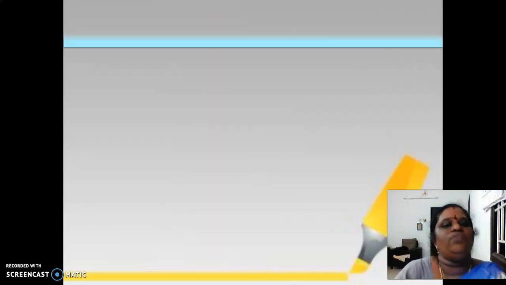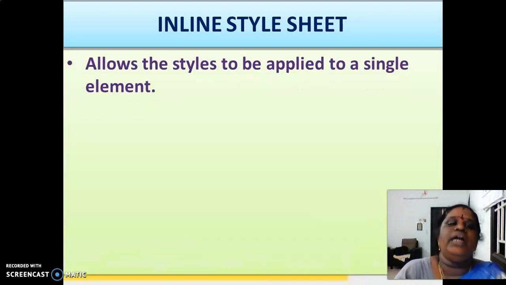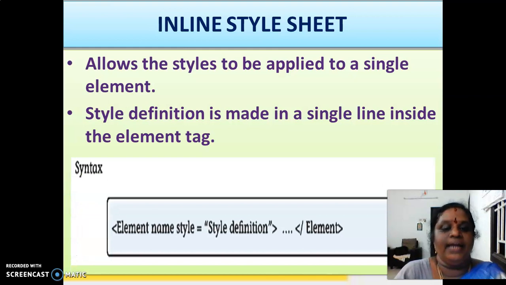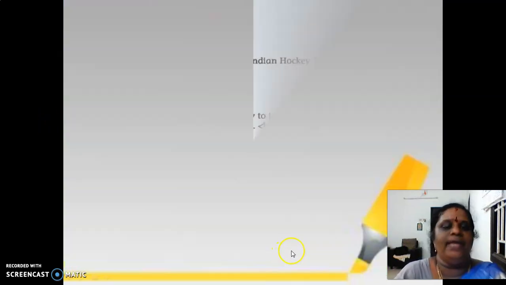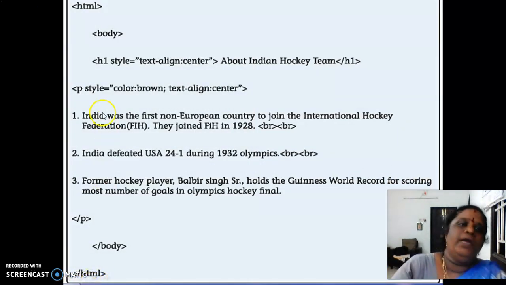The next one is given in your book itself. Inline style sheet allows styles to be applied to a single element. The style definition is made in a single line inside the element tag like this: element name, style is equal to style definition. The example program is given inside the HTML. We have the body part, and in the heading tag, style is equal to text align.